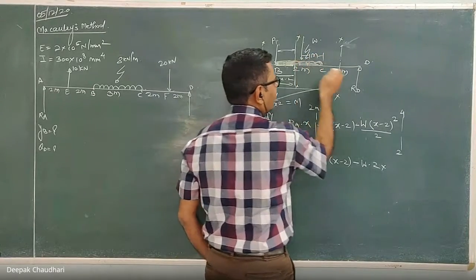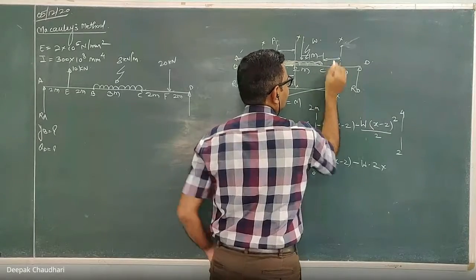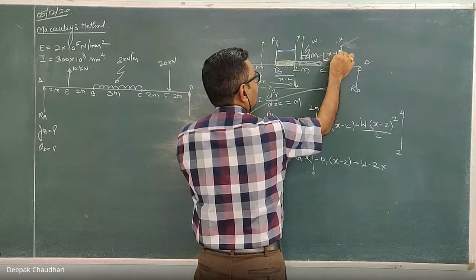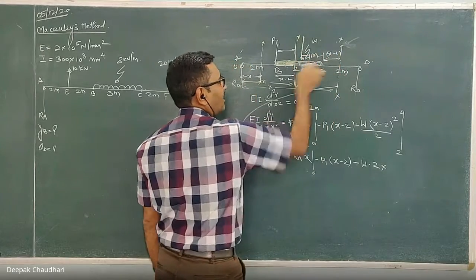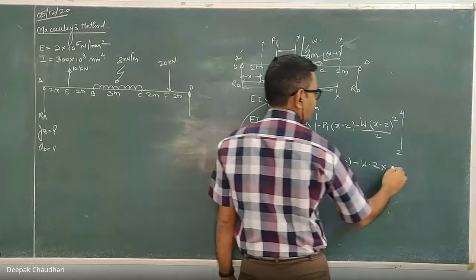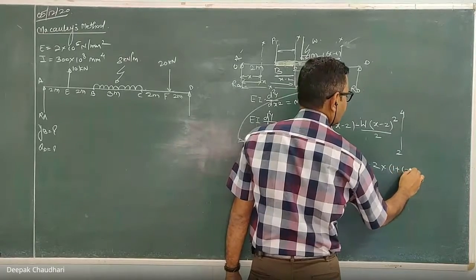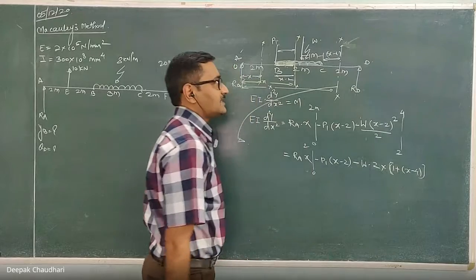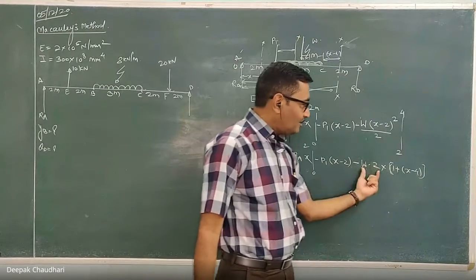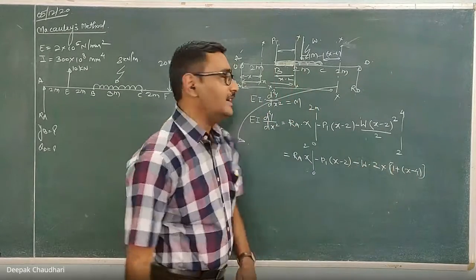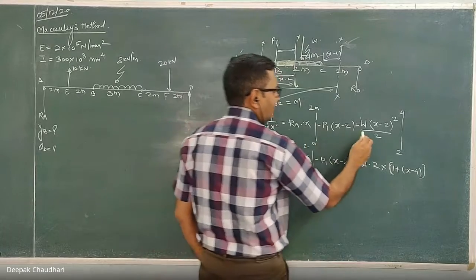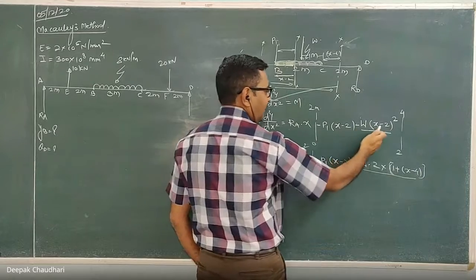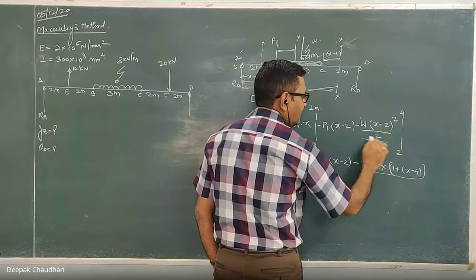Here this is 1 meter, and how much is this distance? This is x and this is 4. So this distance is x minus 4. So how much is the distance of that equivalent point load from the section? Here it is 1 plus x minus 4. Here it is something like that. This is the equivalent point load and this is the length. Now the difficulty is here, this equation, if I continue with that, here this equation is valid up